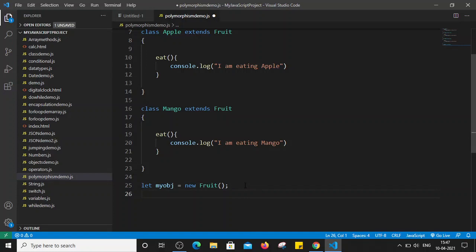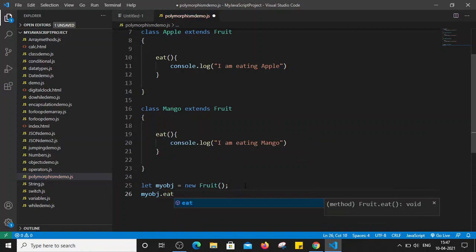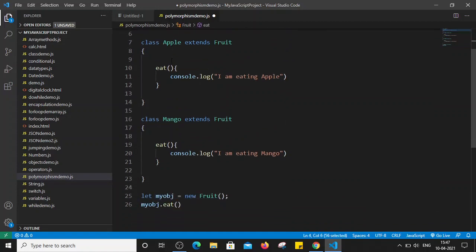So let's simply call the myobj.eat method. And which eat method will it call? Basically it will call the eat method of the fruit class.